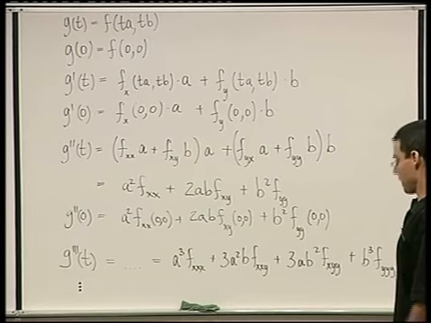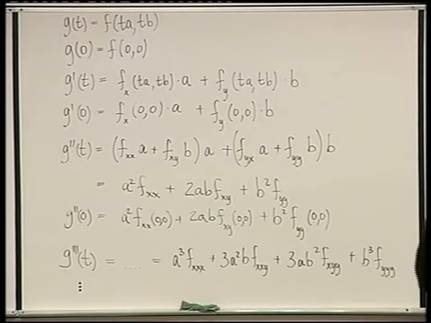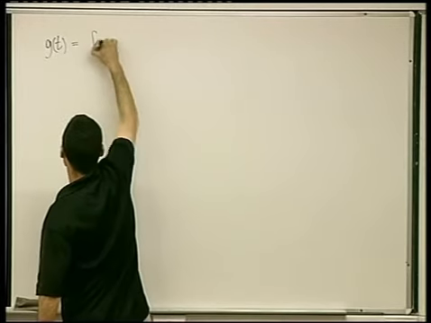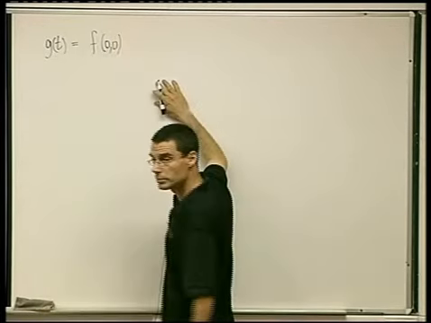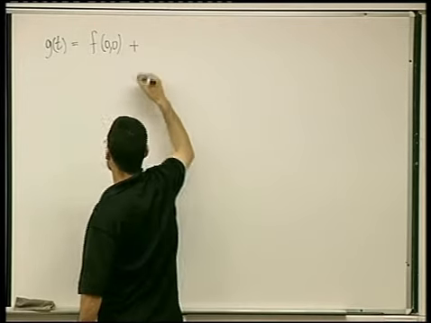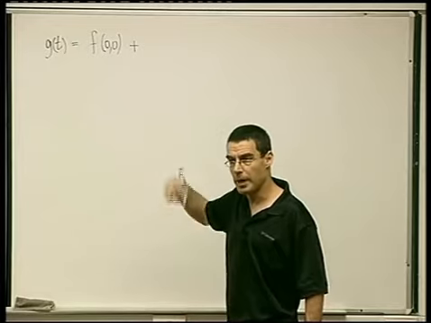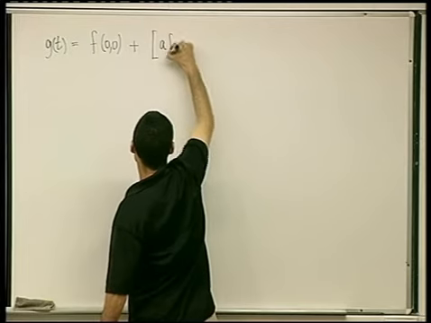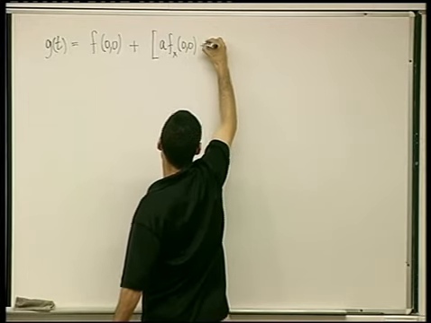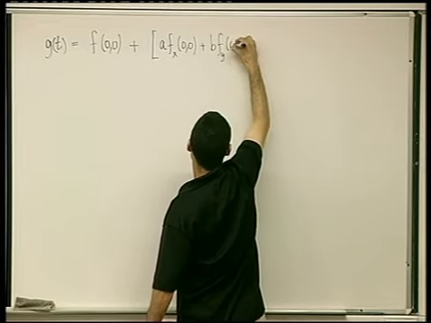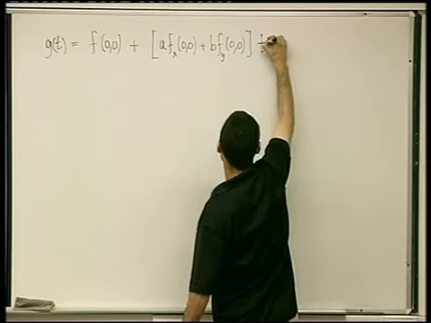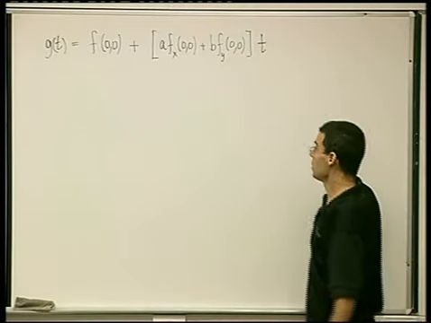So, let me rewrite, let's summarize everything and write the following. g of t, remember g of 0 we found was f at (0,0), plus g prime at 0 divided by 1 factorial times t. But g prime at 0 we found was a f_x at (0,0) plus b f_y at (0,0), divided by 1 factorial times t, right? Plus